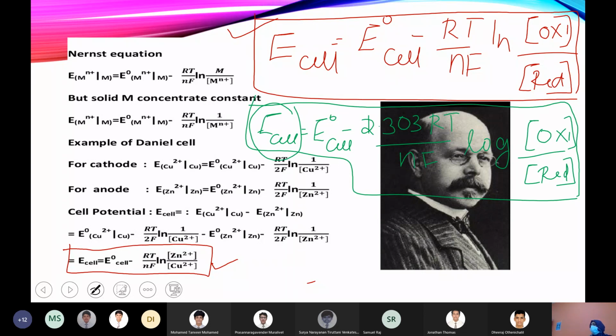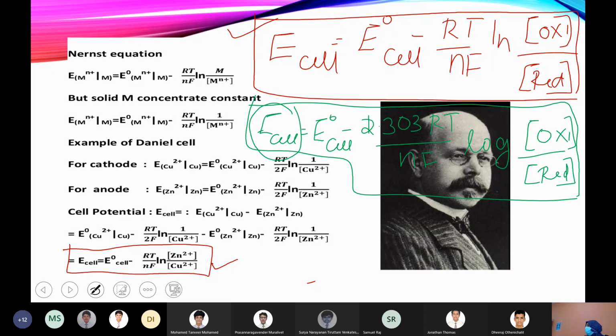When you start doing the numericals, you will understand how to use this equation. Sometimes you have to modify it based on the condition given. The n value will be changing, and you constantly have to identify what is the oxidized and reduced species. Do we have to memorize the values? No, no need to memorize any value.